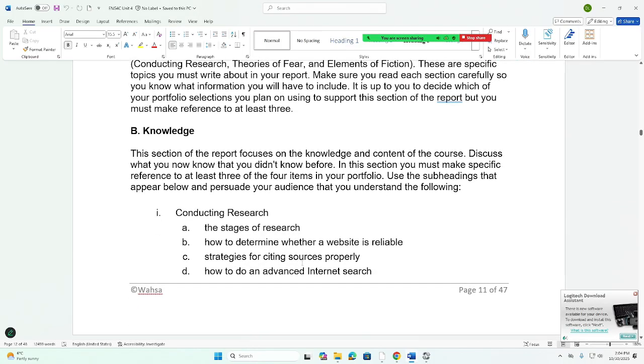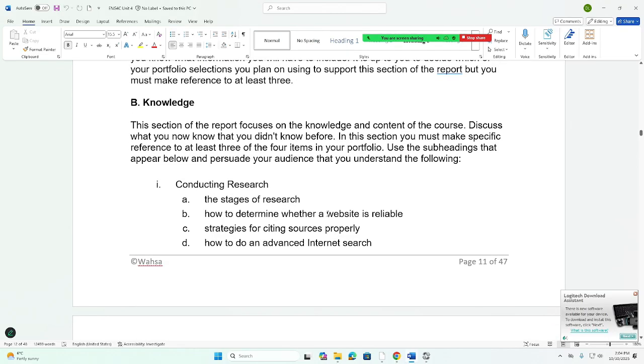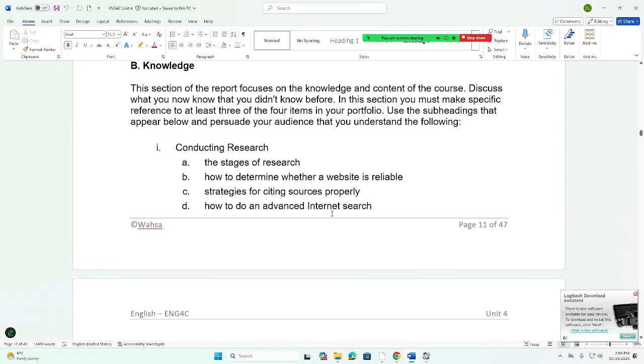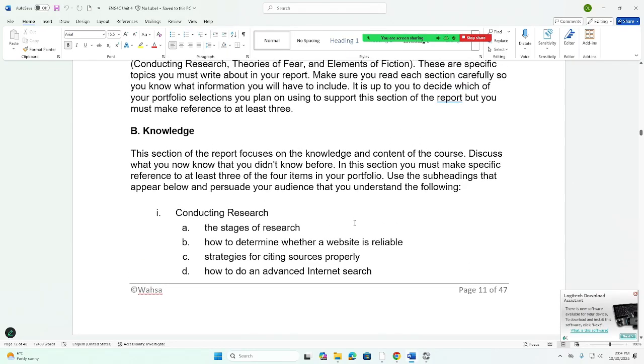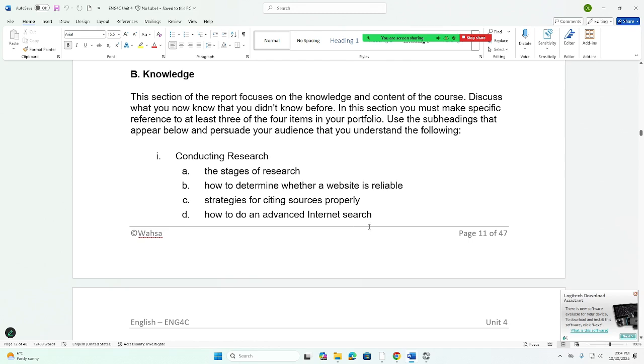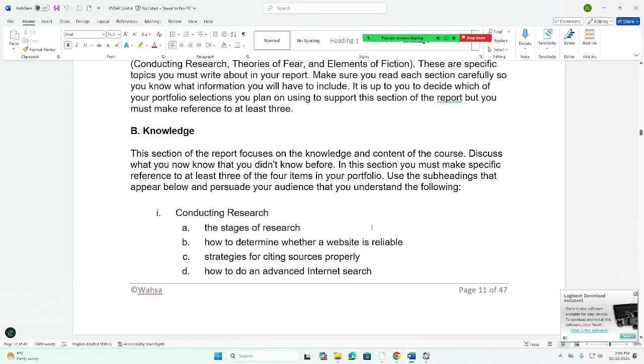On page 11, at the bottom of page 11, the section of the report focuses on the knowledge and content of the course. Discuss what you know that you didn't know before. In this selection, you must make specific reference to at least 3 of the 4 items in your portfolio using the subheadings that appear below and persuade the audience that you understand the following. Okay, so you have 3 of the 4 items in your portfolio that are knowledge-based,